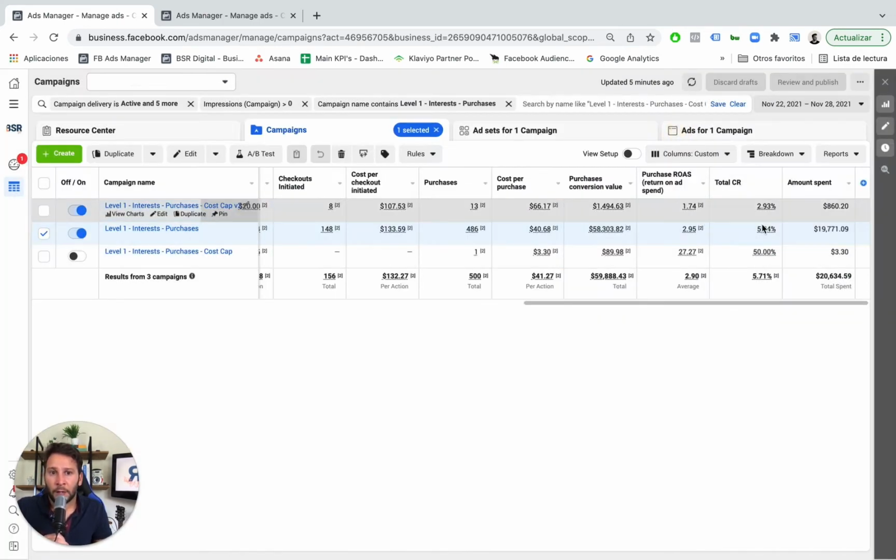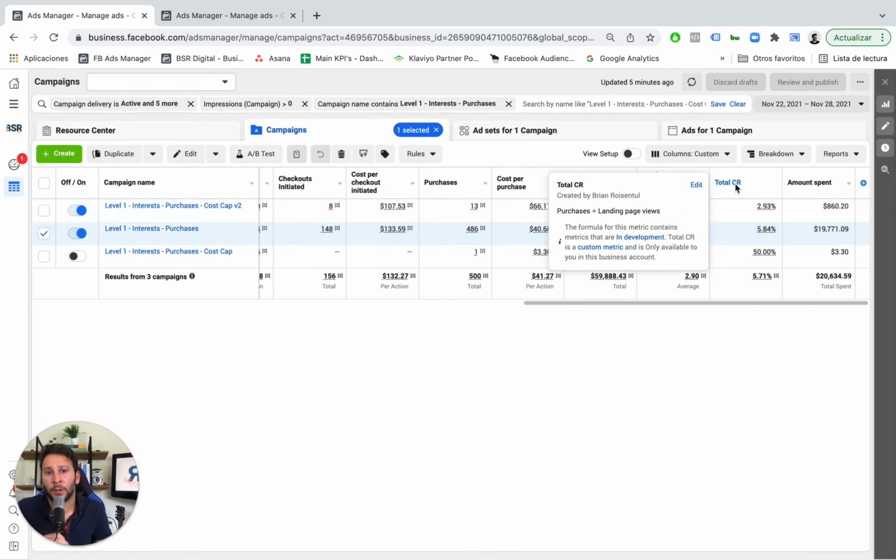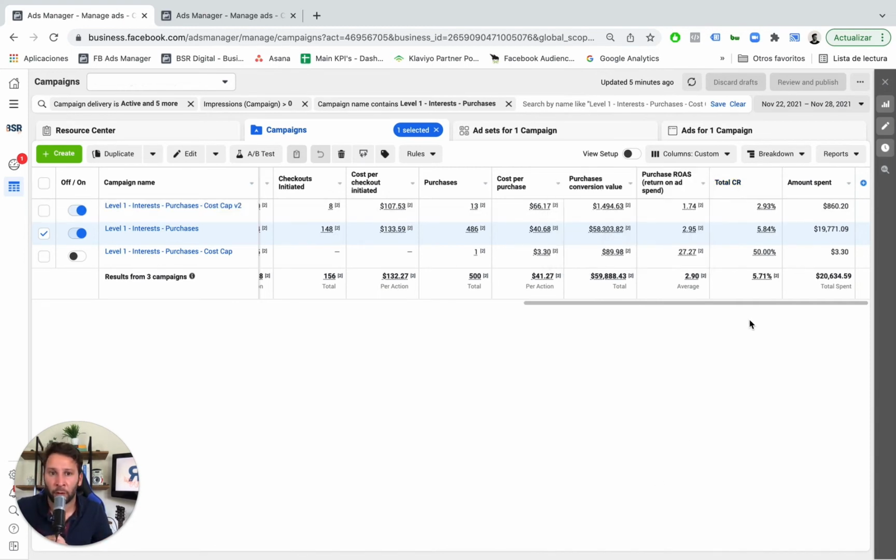So the custom metric is basically purchases divided by landing page views. You can do it with the link clicks as well. I do it with the landing page views because sometimes they differ, link clicks and landing page views. So purchases divided by landing page views is the website conversion rate, meaning how many people converted or bought from those who visited the website, right? So in this case, the conversion rate for this campaign is